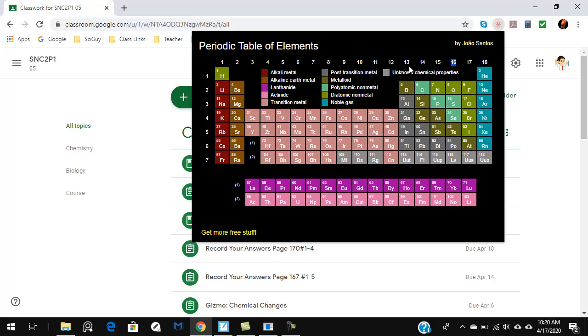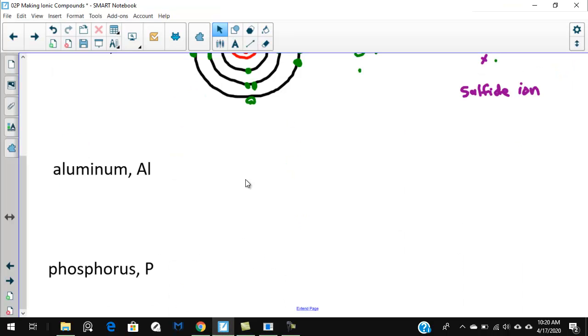It's in group 13. So if we were going to draw a Lewis diagram, we could just use the last number to show the last number of electrons in the picture, and that would be 3. All right. Or you could draw 1, 2, 3 circles, put all the electrons into aluminum, and you would find out that it has 3 in the last one. So I'm going to short form this a little bit. Let's just go with aluminum. And because it's in group 13, the last part of that number is 3,